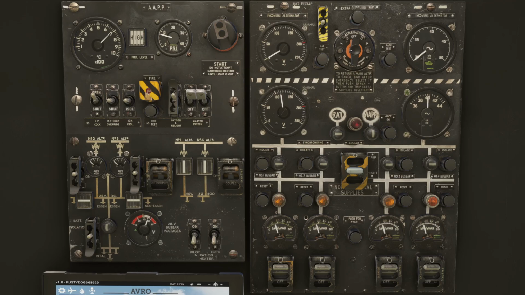Now we need to sync up the alternator 2 here, so we're going to just move that to the number 2 position. Okay, so that's pointing to the number 2. Now alternators 2 and 3 are here, and we want to put those on, so we're going to put those on, close the guards,